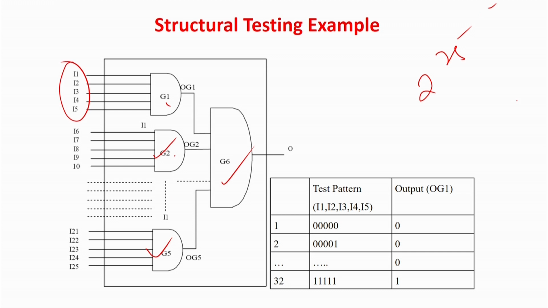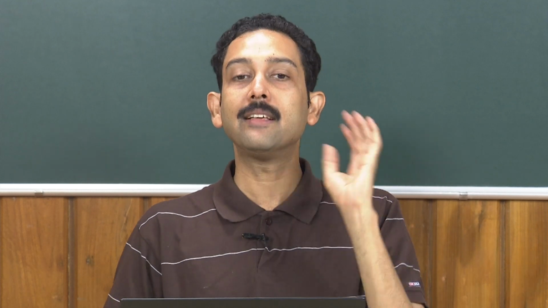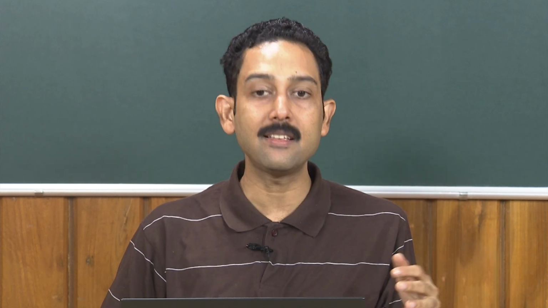If you have a huge reduction in the number of test patterns, then the test time will be very less, because now I will not apply 2 to the power 25 test patterns, I will just apply 192 test patterns and my job will be done. So, this is actually structural testing. What is the con? Basically, you are not testing the entire circuit functionality.